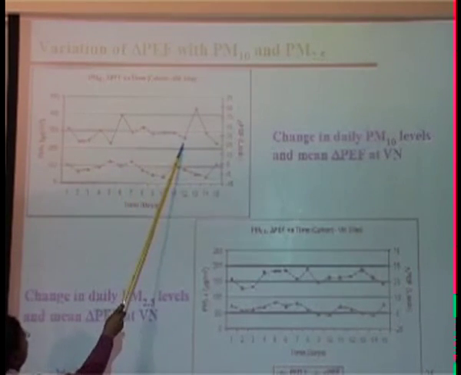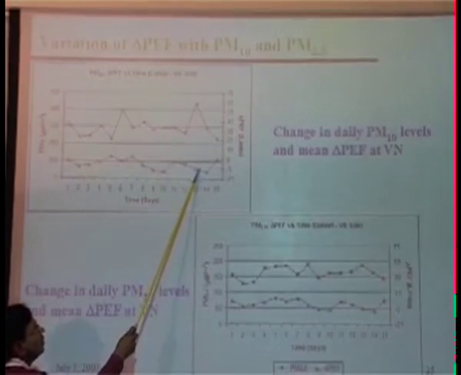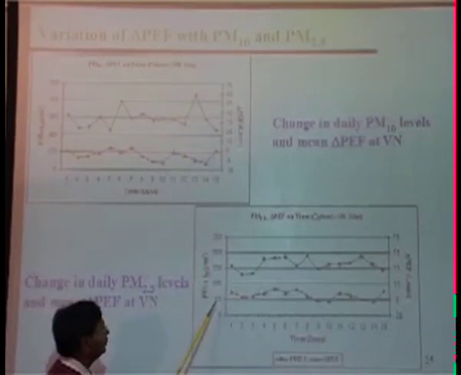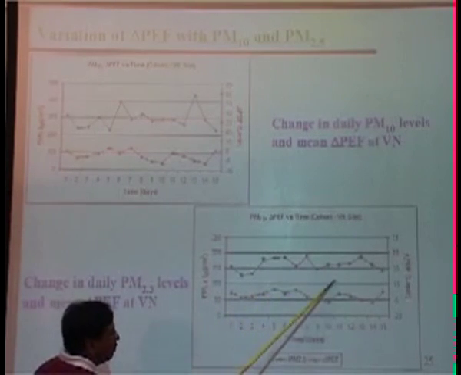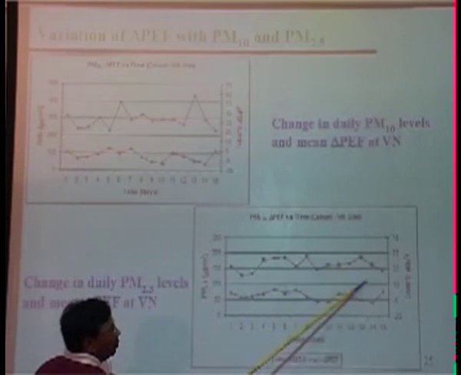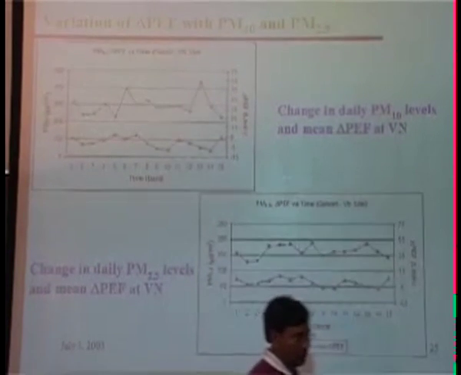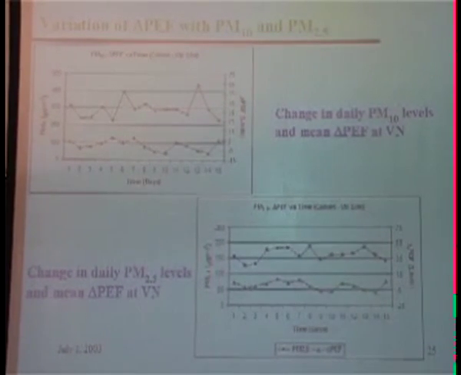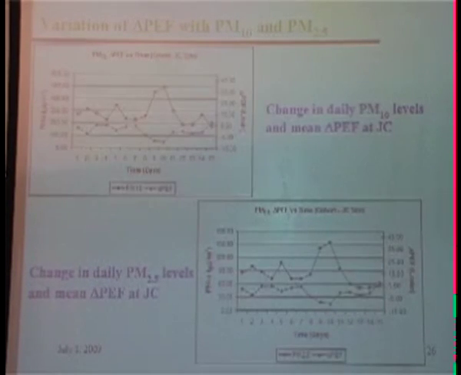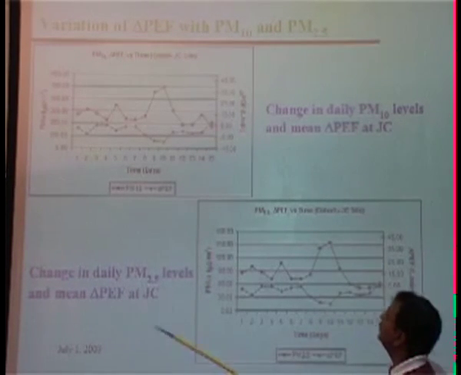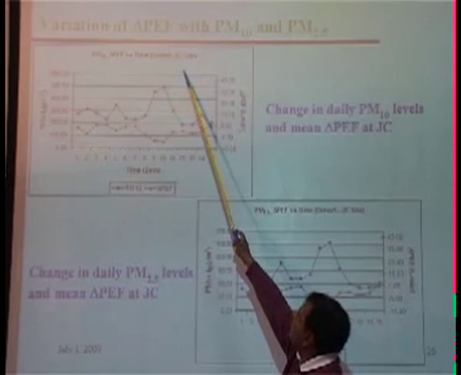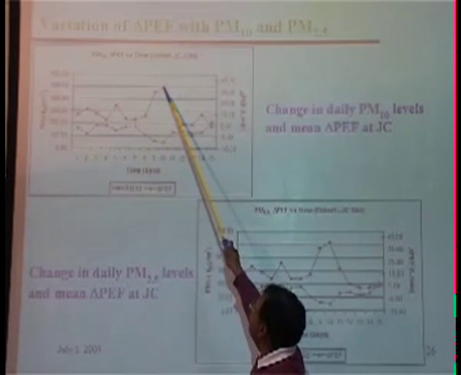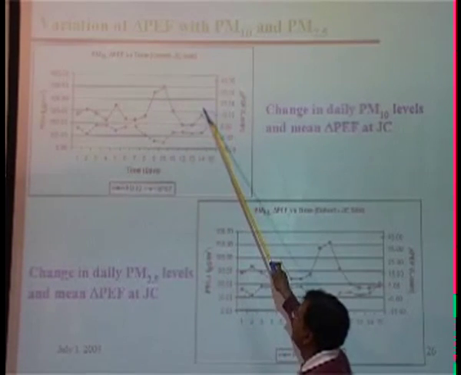There was a drop here again, and the pollution level again goes up, and then you can see constantly there is a drop. And this was the PM 2.5. It was not so apparent for PM 2.5, but the other areas you will see, okay, this is at the Juhilal colony site. So this is the pollution level, increase, decrease, very high, and then decrease, and again high, and things like that.